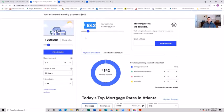Now, the loan officer that they're working with told them that they could actually get this down to 2.35% if they do a 15-year mortgage. So now we're running the same amount, $200,000, in a 15-year mortgage at 2.35% interest. So that's a super low interest rate, and their house would be paid off in 15 years, but now their principal and interest would be $1,319. So the difference between doing a 15-year mortgage, $1,319, and a 30-year mortgage, $842, is